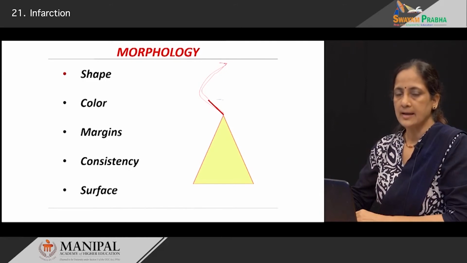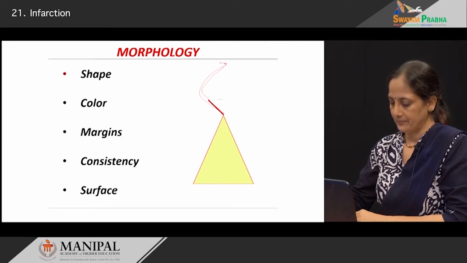But once granulation tissue with fibrosis develops and replaces the infarcted area, it becomes more firm in consistency because of the underlying scar tissue. On the cut surface, usually that area will show us the color and the consistency, which is softer, whereas the capsule of that organ which is involved will show an opacification of the capsule, which is normally translucent